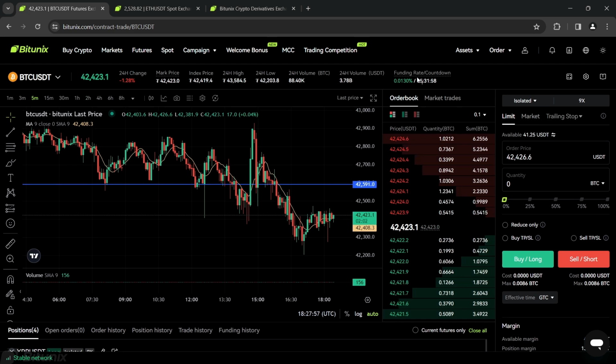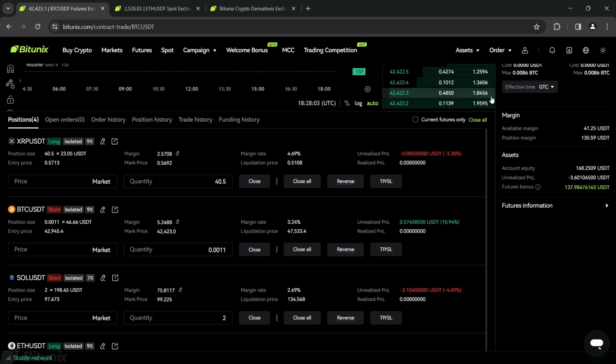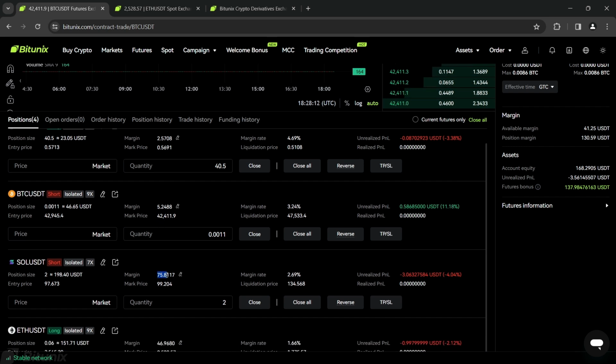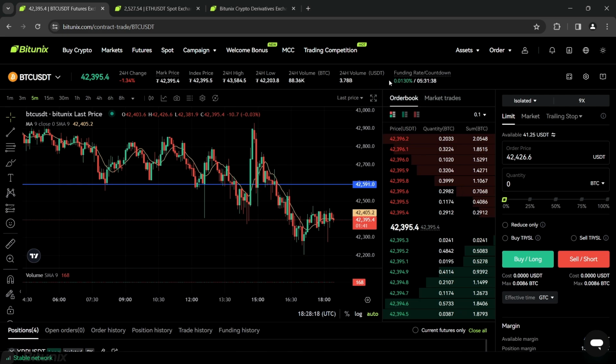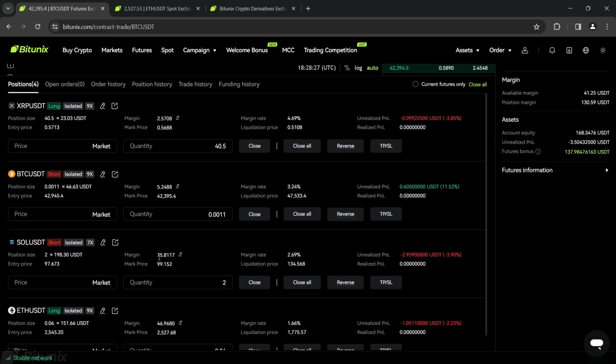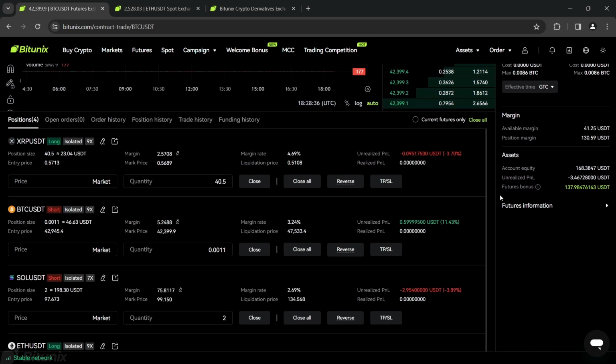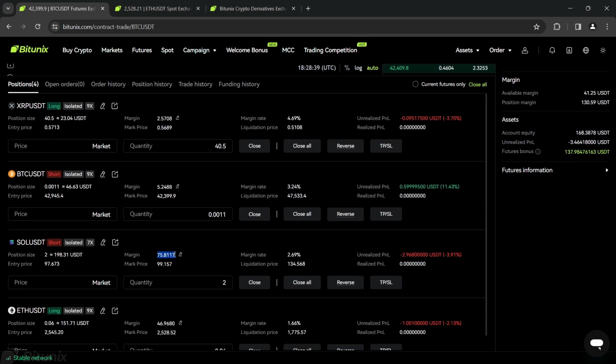The last thing that I wanted to explain is, how do you pay this funding rate, or how is the funding rate paid to you? It's very simple. The funding rate is directly taken out of or put into your margin balance here on your specific trades. So for example, here for Solana, I have $75.81. Let's say the amount of the funding rate times the leverage, et cetera, would pay me out $1. Then I would actually see that when the funding rate gets hit and clears in just a matter of seconds, I would have an additional $1 here that would turn into 76.81. In the case that I would have to pay that dollar based on the math, I would see, after the funding rate hits every 8 hours,